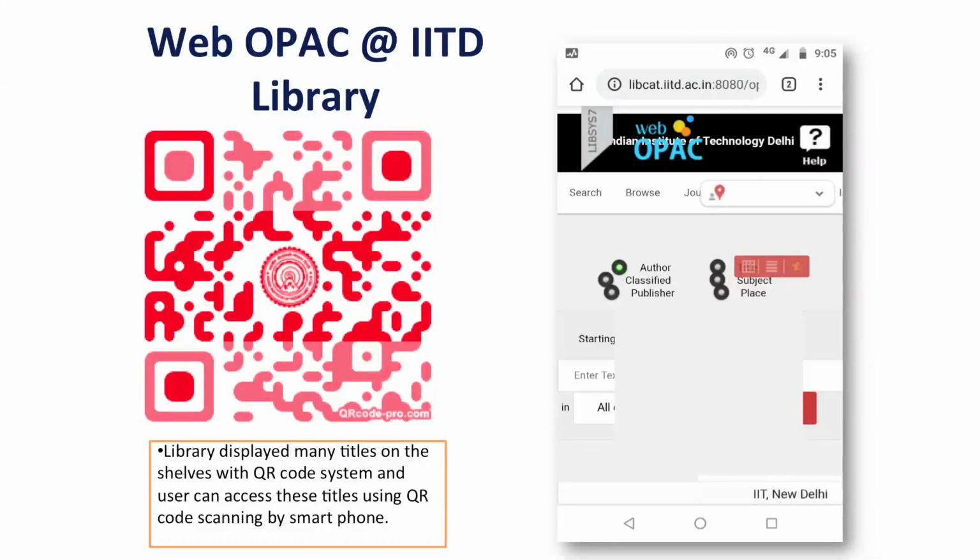A library may display many titles on the shelves with a QR code system, and users can access these titles by scanning the QR code with a smartphone. You can see the example here on the left of your screen: if you scan the QR code, it will automatically open the OPAC page of the particular library. Here is an example from the IIT Delhi Central Library.